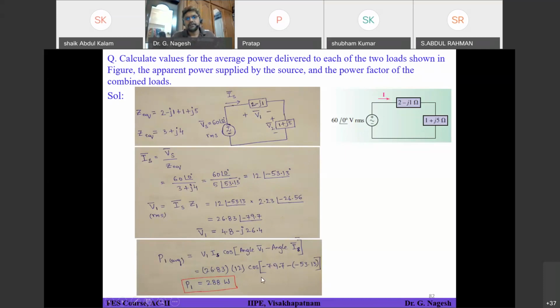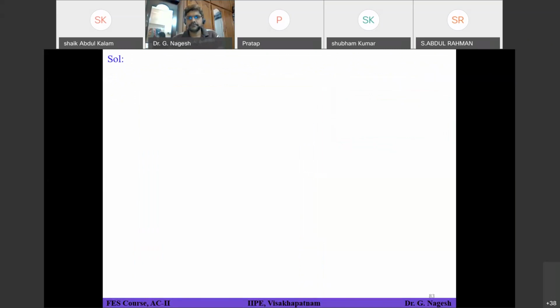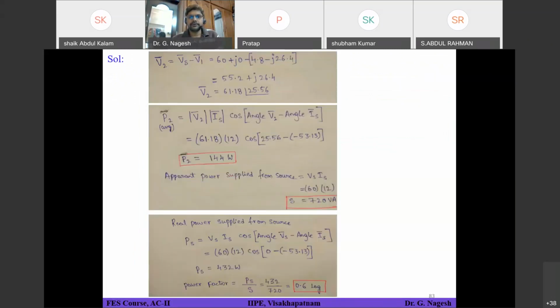Okay, so then there was a doubt whether V square by R is applicable or not. If it is applicable, we are not getting the same answer. So let's see whether it is applicable or not, and whether we'll get the same answer or not. If it is not applicable, what is the alternative formula for that? Right.